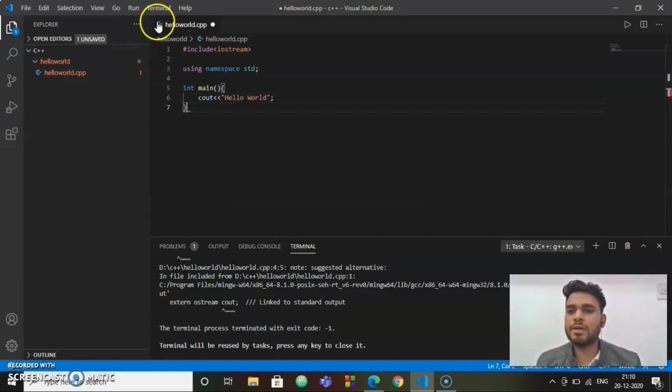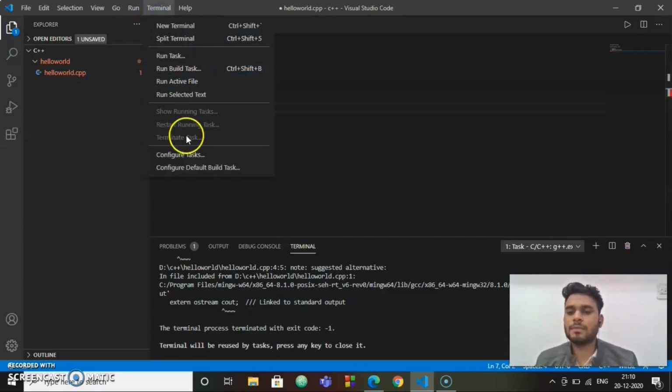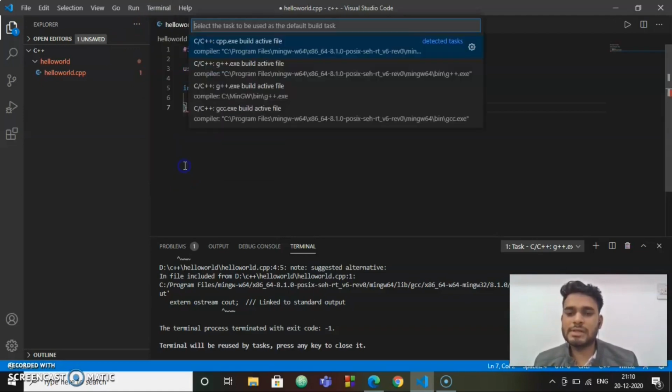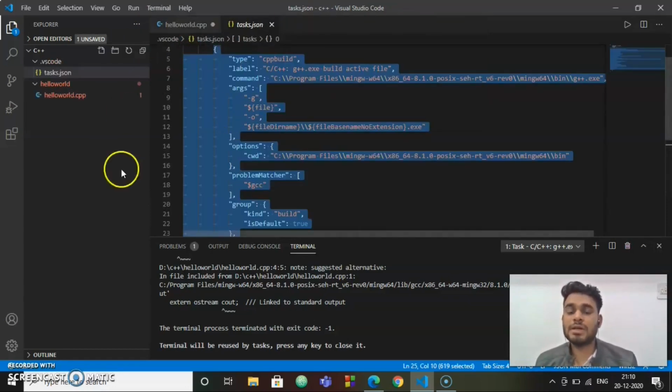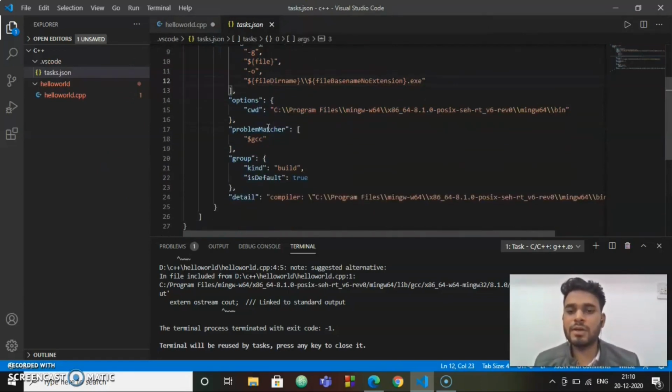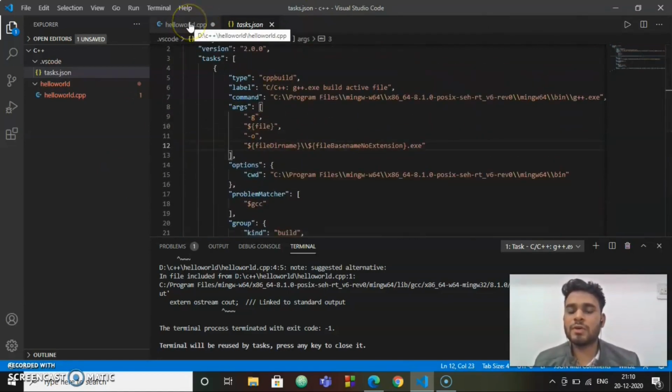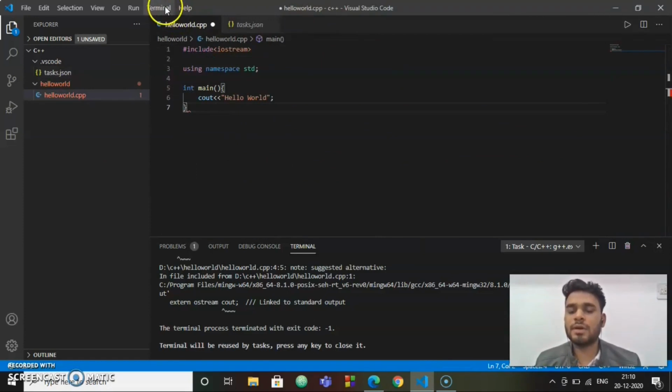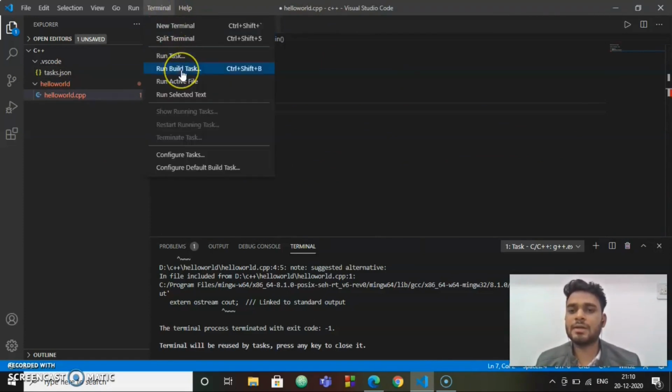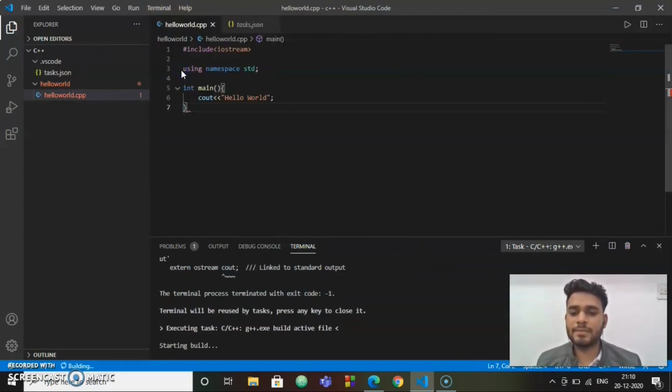Go to terminal, configure default build task. The g++.exe build active file will automatically appear here and click on it. task.json will be created, don't worry about it. Now go to your program hello world, again go to terminal and do run build task.